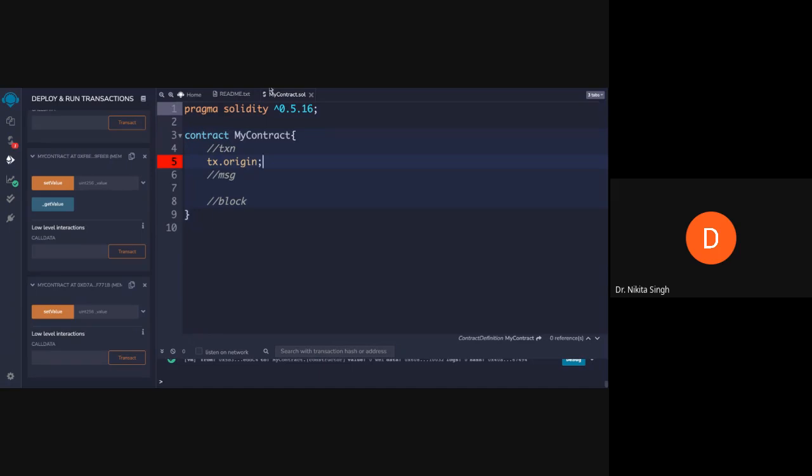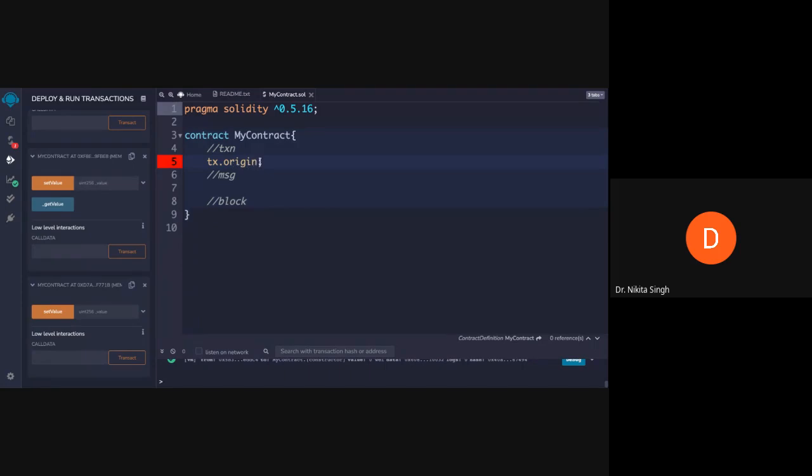That is, it will give you the Ethereum address of the account that has initiated the transaction. Whichever the origin of your transaction is can be retrieved using transaction origin.